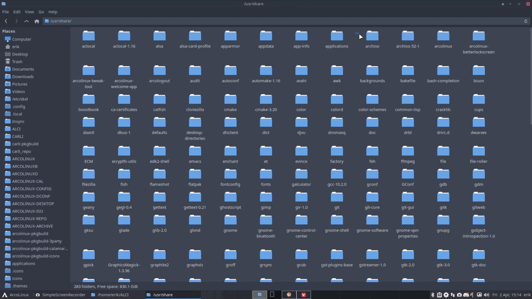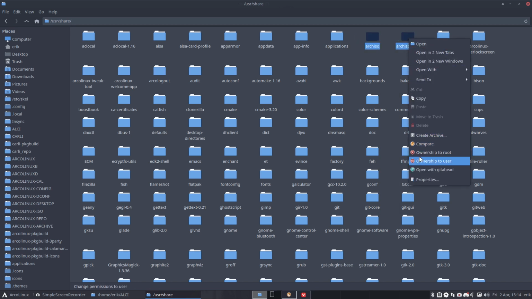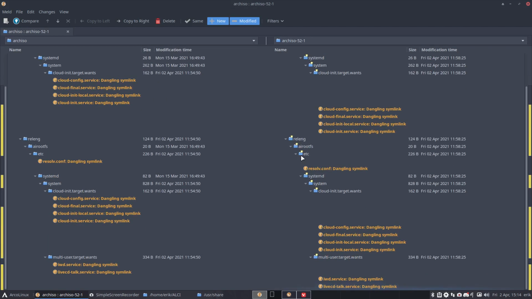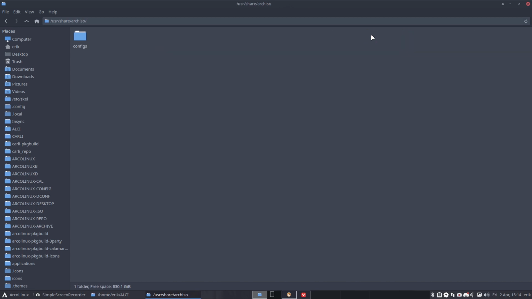So this is basically the same thing, but I keep track of things. So next time version 53 comes along, I can quickly see what's different. In this case, nothing is different, even though it looks kind of different. That's because of the symbolic links here. They're dangling, right? So it's the same thing. ArchIso released that version, and this is the folder relang. I'm gonna put this on the desktop, Ctrl V, and from there I'm gonna play and delete it when everything